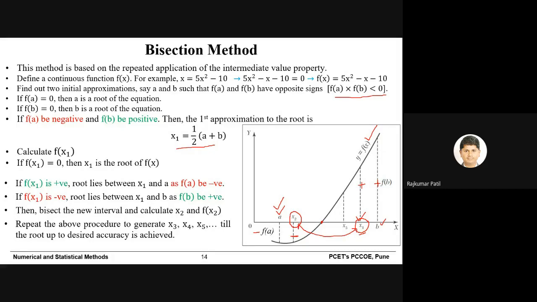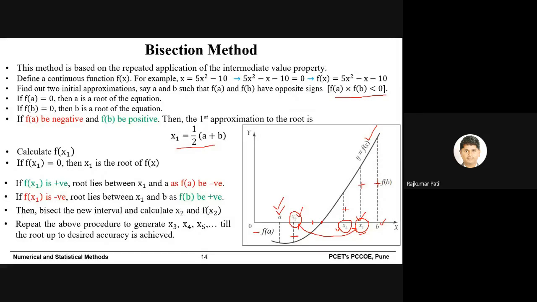and therefore again you will bisect this interval by the formula x3 is equal to x1 plus x2 divided by 2, and you will get a new value of approximation, that is x3. And again you can easily say that f of x3 is positive, and therefore the root lies between x3 and x2. Based on this you can calculate x4, which is equal to x2 plus x3 upon 2, and it will be somewhere here, we don't know.